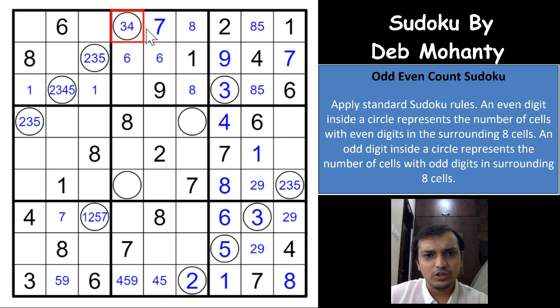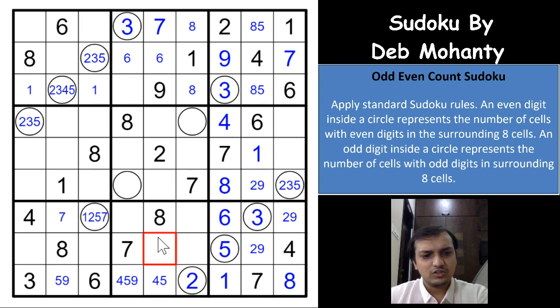you cannot have a 4 here as well, because the moment you have a 4 here, you need to have 4 even digits. 1 is already odd, all the digits will have to be even, and you have 8 and 4 here. You cannot have 3 even digits in these 3 cells, which means this has to be 3. Excellent. Simple deduction we have missed, and which means 3 odd digits will have to be here.